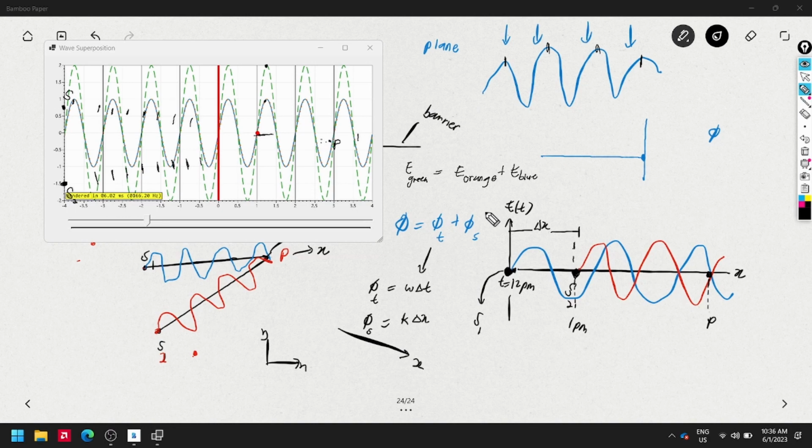If you have many waves, if I have another one, or another one, you just add them together. You just add them algebraically. When I mention add them algebraically, it means it's just like 1 plus 2 plus 3. When I mention add them vectorially, then you have to make sure you add the components. Okay, so that's the idea.